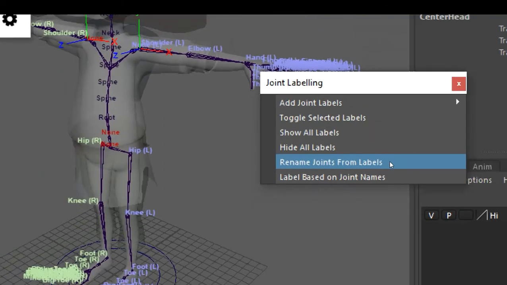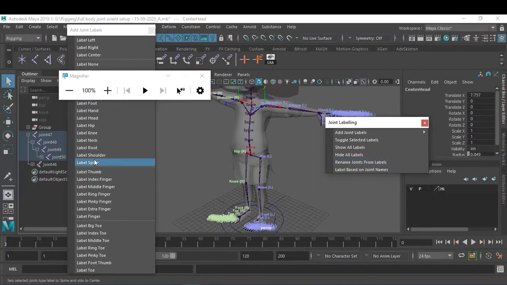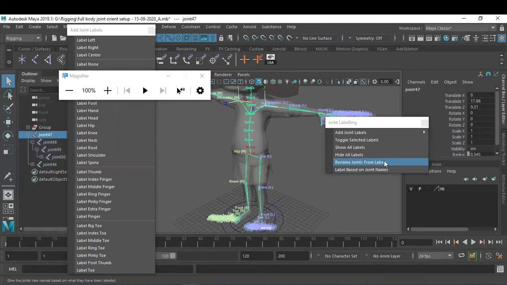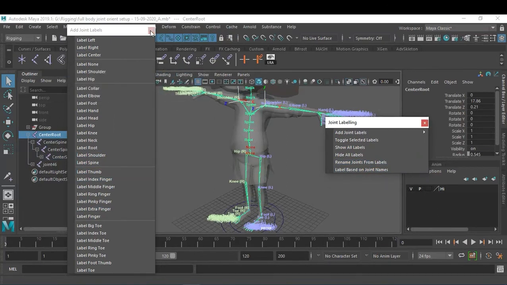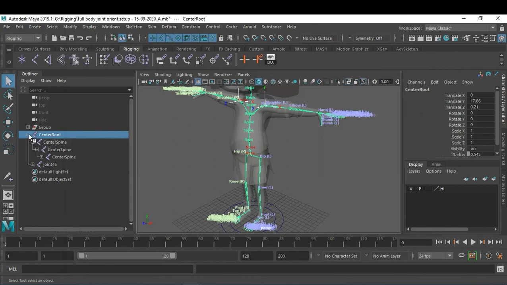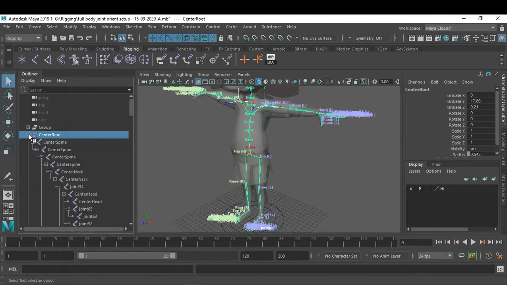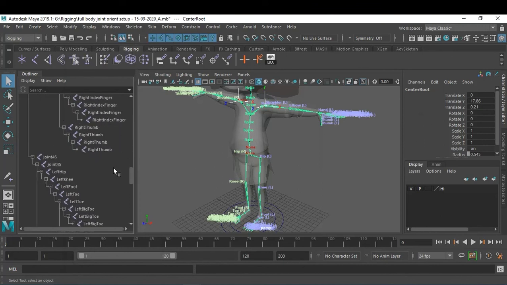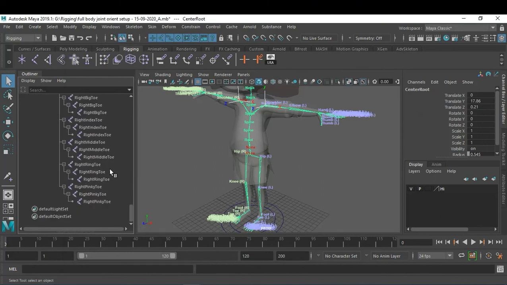Just click. And now, see the magic. First you have to select a root joint, and then you have to click. And then, done. Press shift and click. Now see, all the joints are renamed for you.